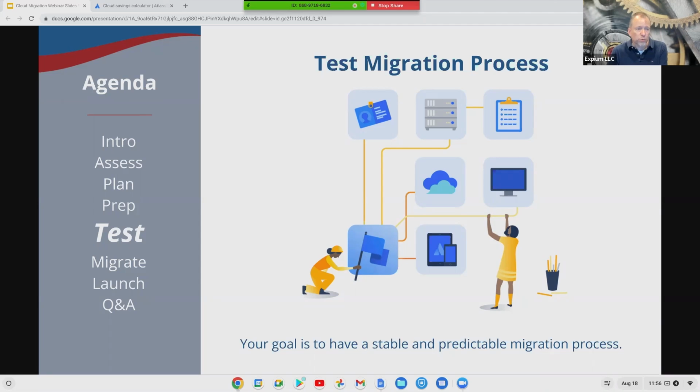You'll run into some issues, resolve those issues, update and improve your run book accordingly. Repeat your testing until it's stable and successful and predictable. Like the slide says, your goal is to have a stable and predictable migration process. You don't want to get into the middle of your live migration and have something new come up that you